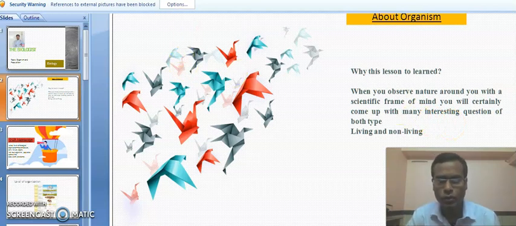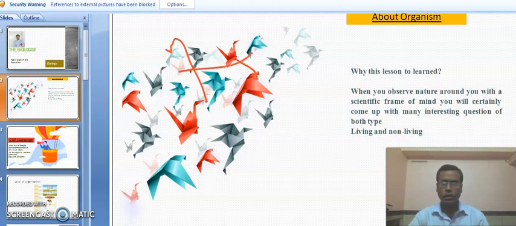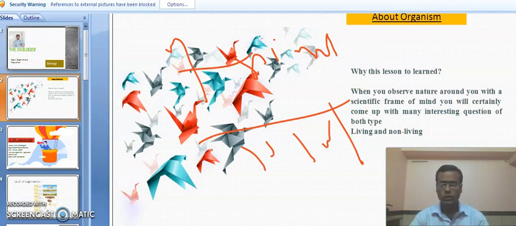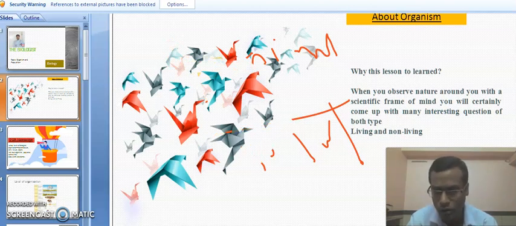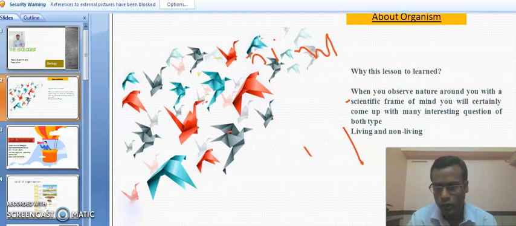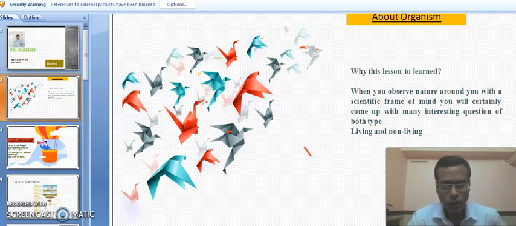So I think you have to know these things, how the animal and plant are working, how these plants and animals interact with the environment, and how they are surviving in the environment. So about this chapter,